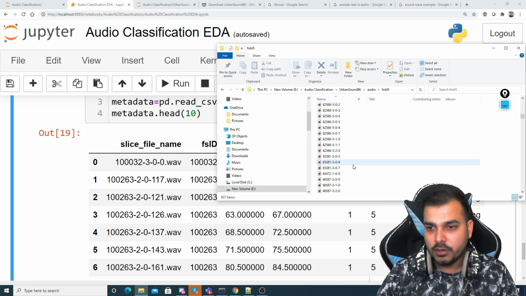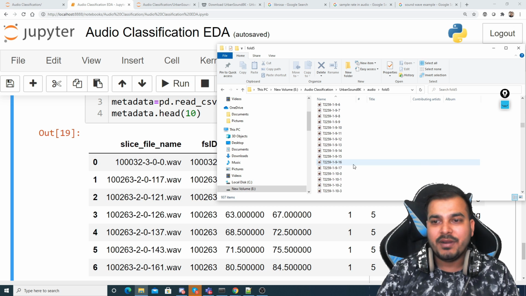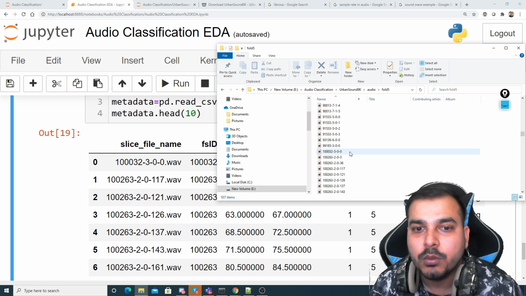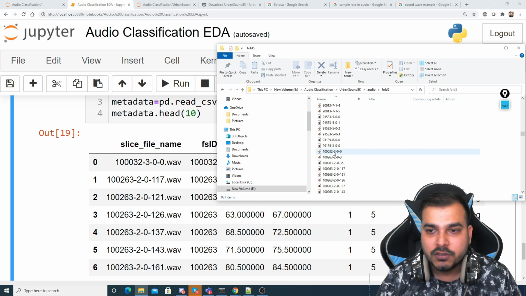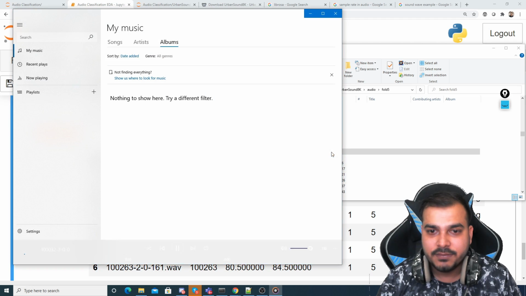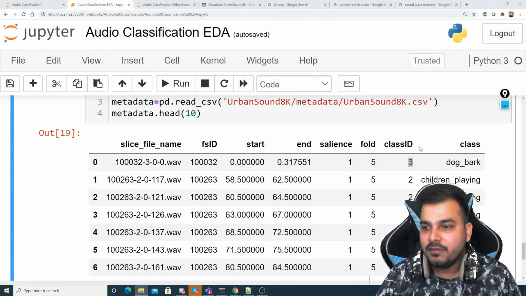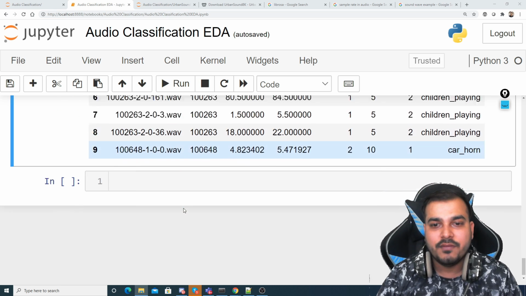10032. Let's see, go down. So this is nothing but a labeled data set where exactly the location is present, right? So that we'll be able to write one code and read this entire audio file. So here it is, and if I play this data set, this is the dog data set, and obviously that is labeled in that specific way, which is called dog_bark, and all this information is there.